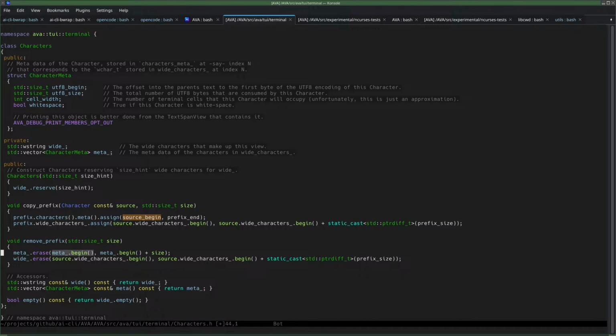I'm erasing from meta. This should work, right? It doesn't start erasing before it has calculated these things. And this should be completely equivalent. In other words, white.begin, comma, again, white.begin,